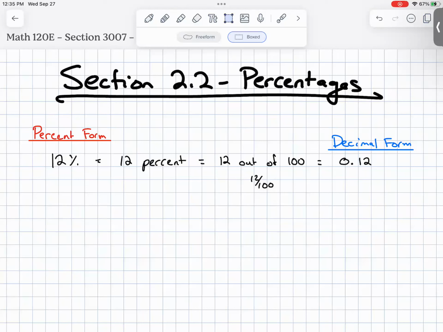There is a percent form, which is usually how we like to see things visualized, but the decimal form, that's the way we like to see things in a mathematical formula. Because like 12%, that's kind of how we talk about it in the real world. But if we're talking about it in the math world, we're looking at it as a decimal. So anyways,